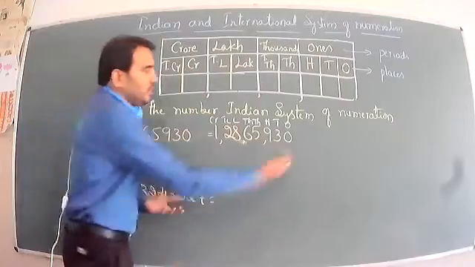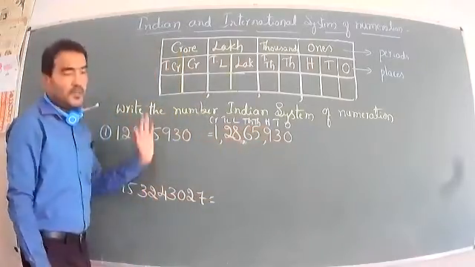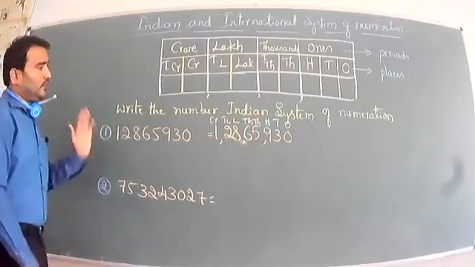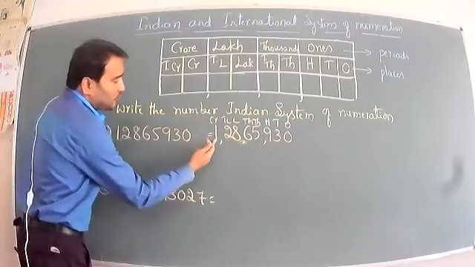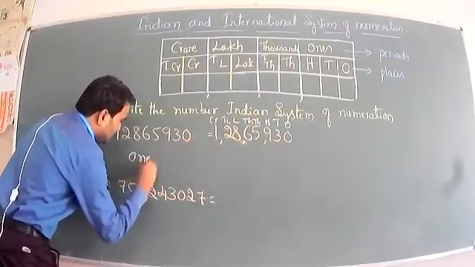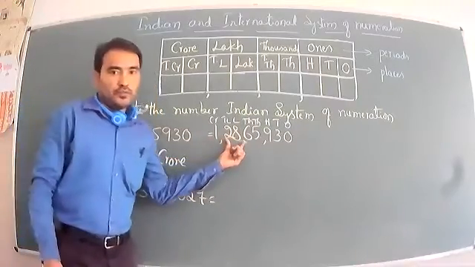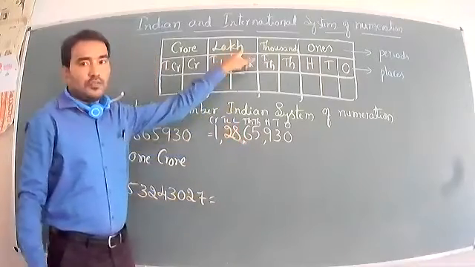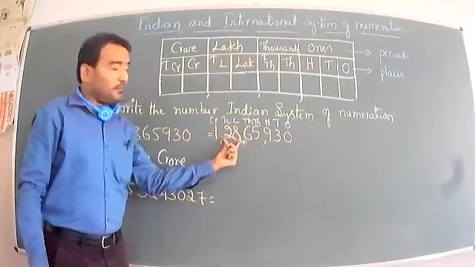Places have to be put from right side to left side, and then the number name is written starting from the left side, left to right. Now write the number name first. So how much is crore? 1 crore. We should write the number name 1 crore. Next, together, how much? 28 lakh. So we can tell the places, and together we say the place value.